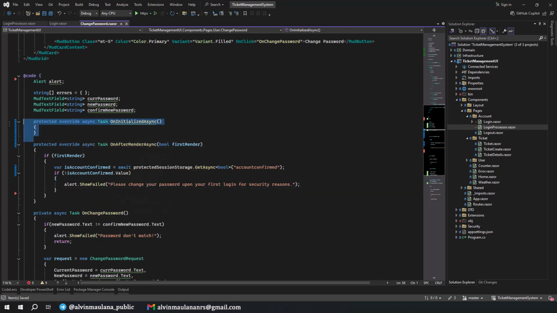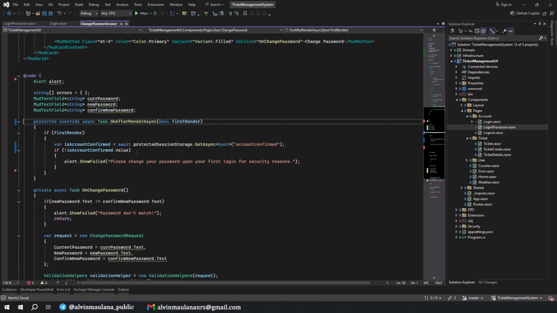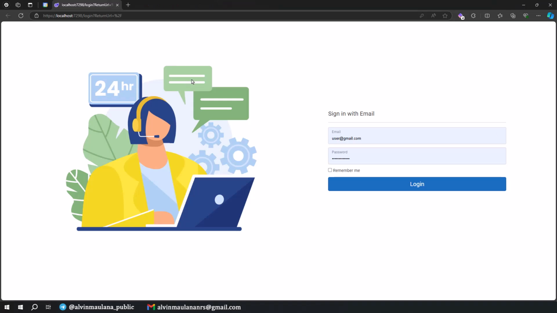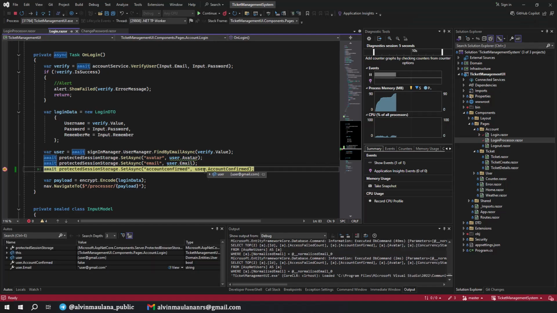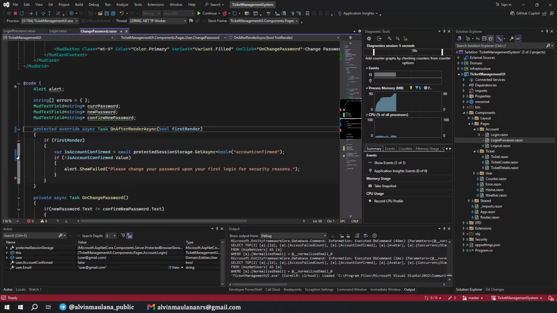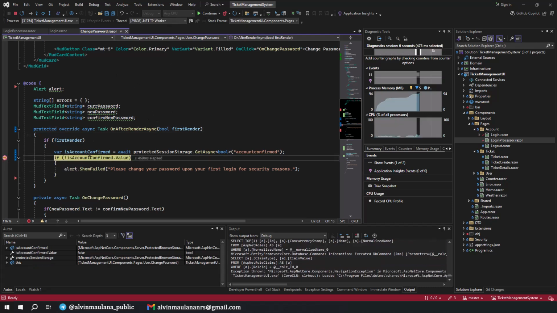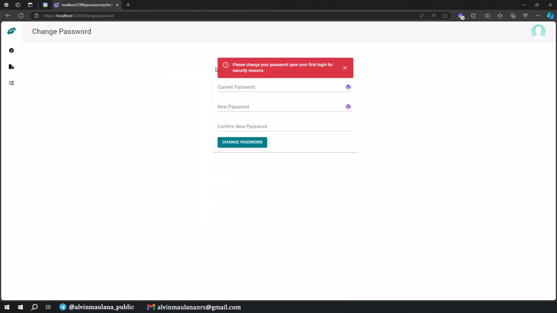Okay, should be fine. Yeah, and let's try again. Okay, I need to put a breakpoint and continue. Let's see if we get the value. Oh, nice, the value is false because it should be false. Now we expect we show the alert, this one. Okay, good. Finally we are able to show the error.